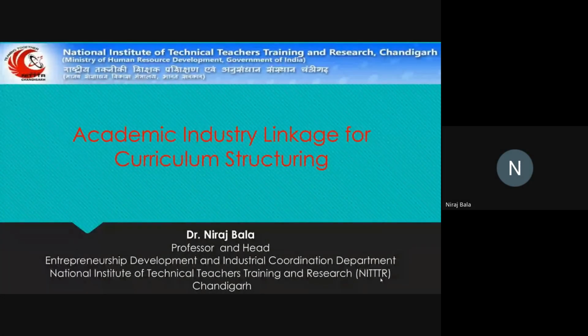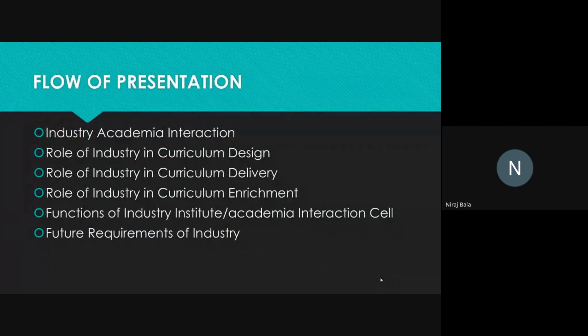As ma'am has already introduced, we will now be discussing academia-industry linkage, especially from the point of view of curriculum structuring. Meenakshi madam is from the curriculum department, and she must already have given you an introduction about curriculum. So in this presentation, in this talk, we will be discussing first of all